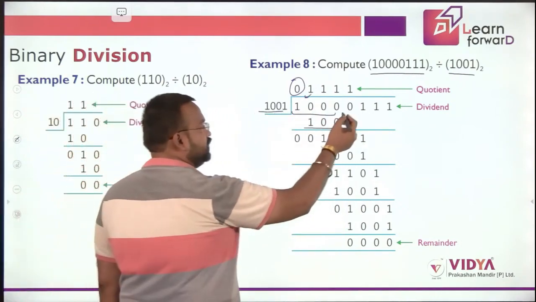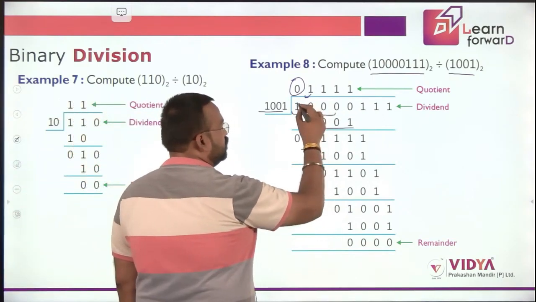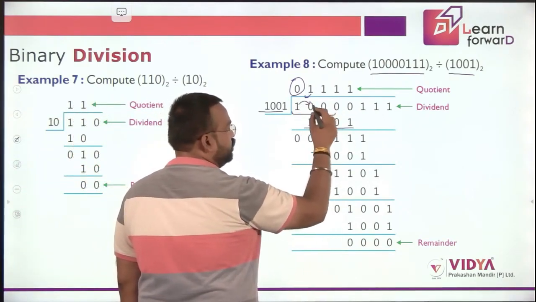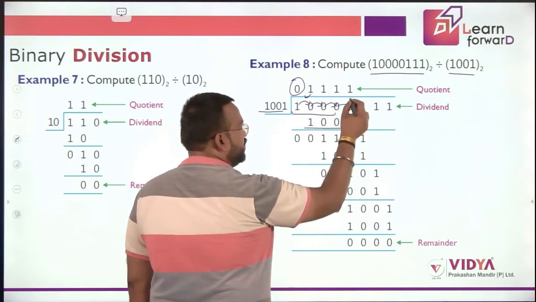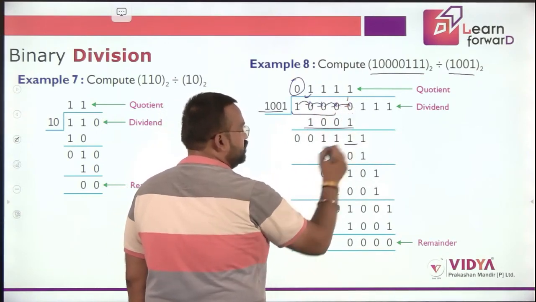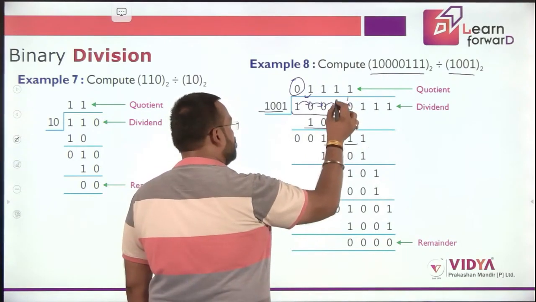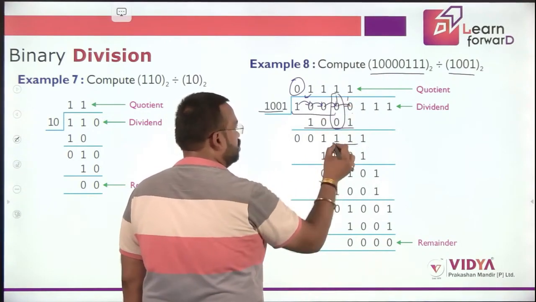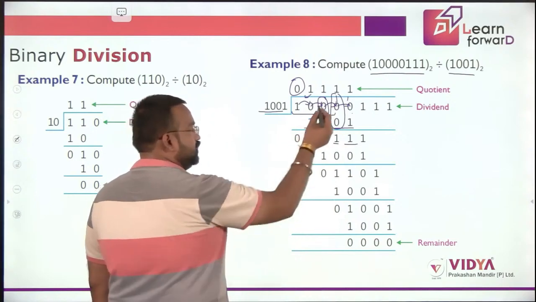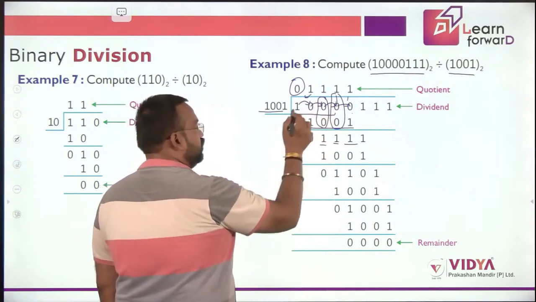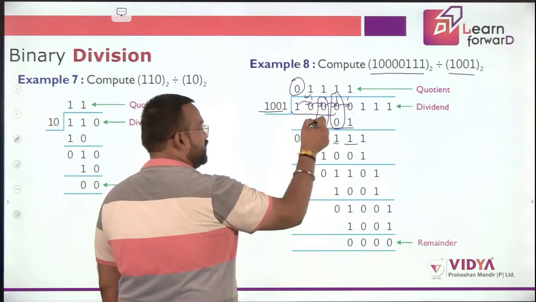Now subtracted, so over here there would be a borrow from here to here and then here. Now it is 10 minus 1, 1, we have remainder 1, so 1 minus 0, 1, again we have the balance 1, so 1 minus 0, 1, over here the balance is 1, 1 minus 1,